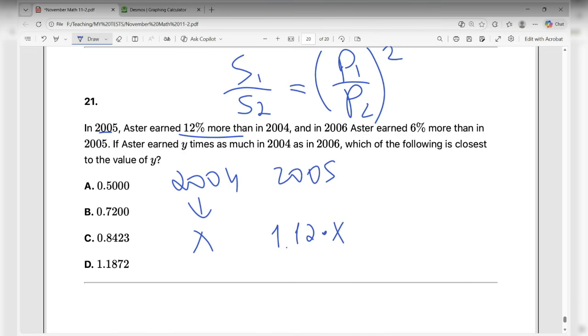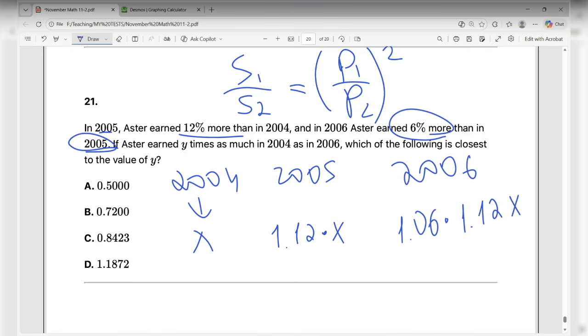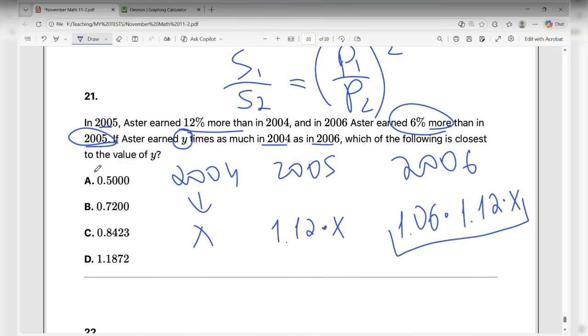And then the last year, in 2006, Aster earned 6% more than in 2005. So it means it is 1.06 multiplied by 1.12x. So this is the amount Aster earned in 2006. The question is saying that if Aster earned y times as much in 2004 as in 2006, which of the following is close to the value of y? Guys, understand. To find the value of y here,